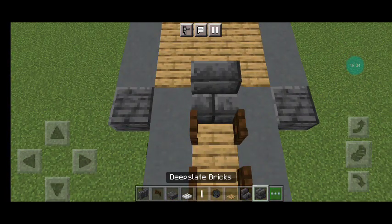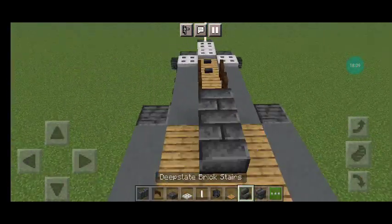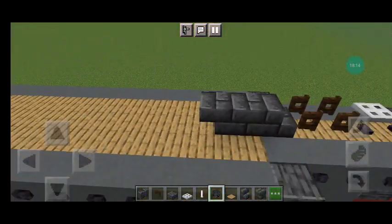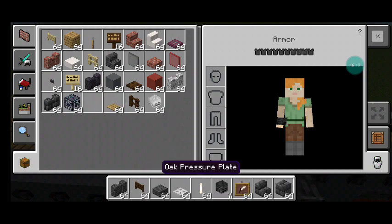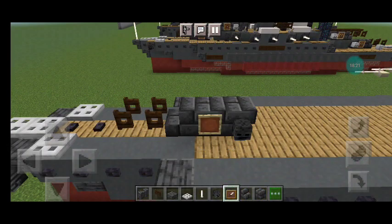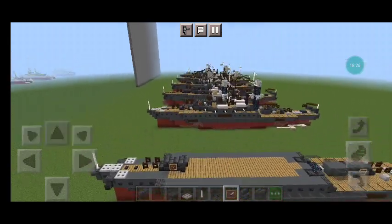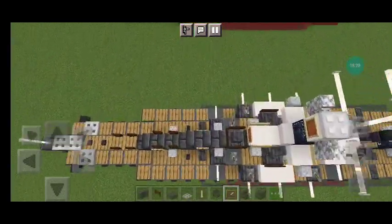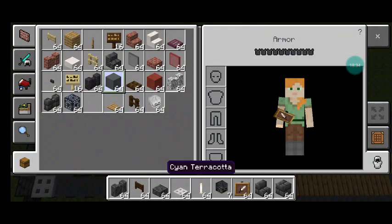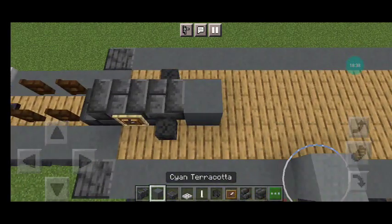Then you want a stair facing forward, deep slate bricks in the front, and deep slate stairs in the back, with a skeleton skull to either side of the stair. Then double item frame on the full block of the hull. And then behind it, you want 2 cyan terracotta,